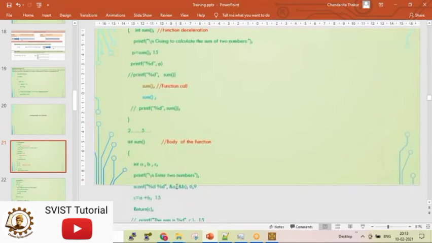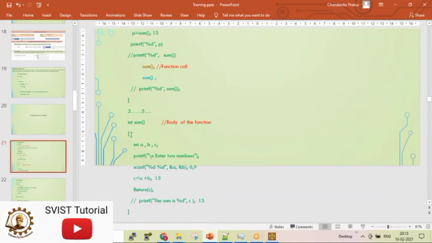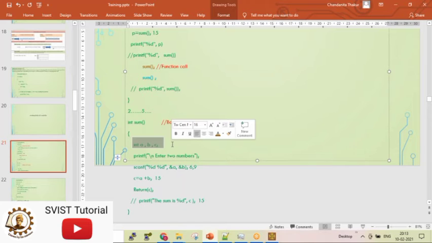Here also you see, I will show you once again. These are the two brackets. Function starts here. Function ends here. So A, B, C are all local to sum. If you are suddenly writing printf A by giving %d, you won't be able to print the value of A. Same scope, biryani is not available outside.